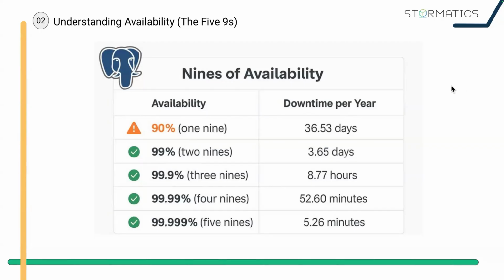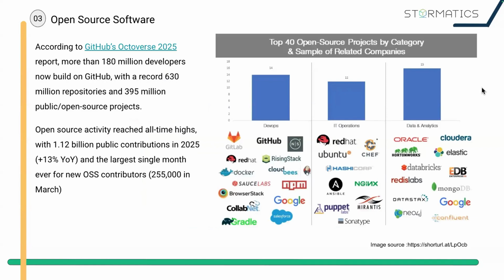Next, if you look at this image, these top open source tools, Linux, Postgres, Kubernetes, HAProxy, Nginx, all of these are open source, which means they are free to